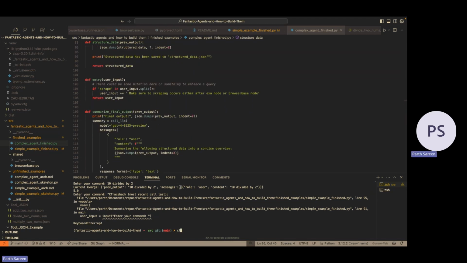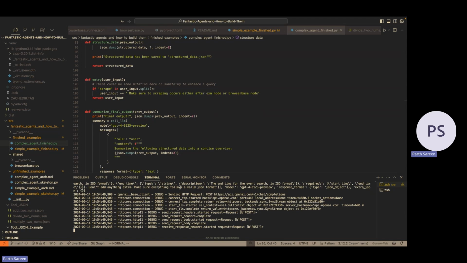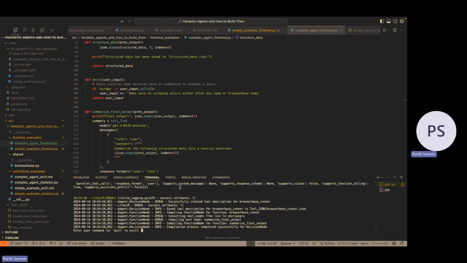Okay, I do really want to run this. I can ask it to do two things for me. I can either ask it to do a simple search and structure that data for me, or I can ask it to go and scrape a website for me. So I can actually go and say, what are the hottest, or what are the, do we have a search? Actually, I can just say, what is Hack the North?